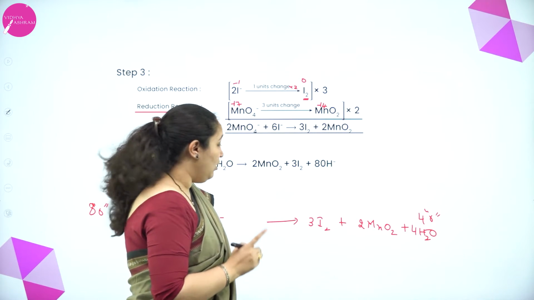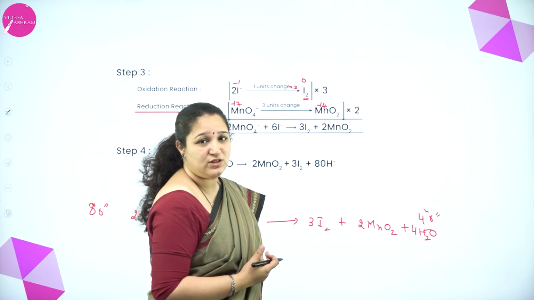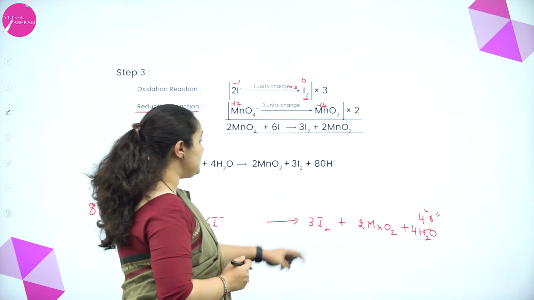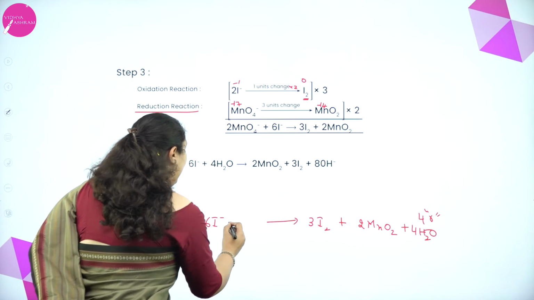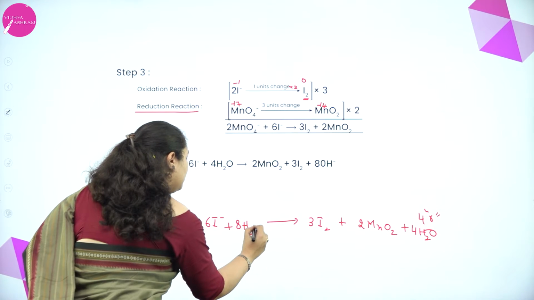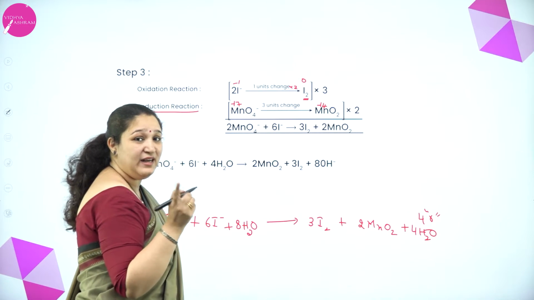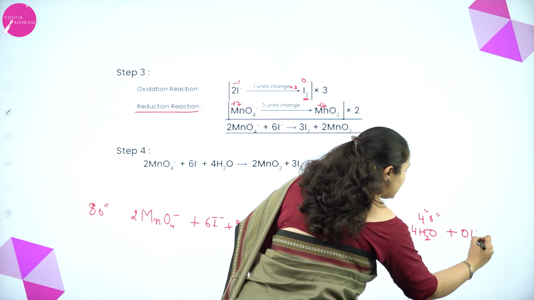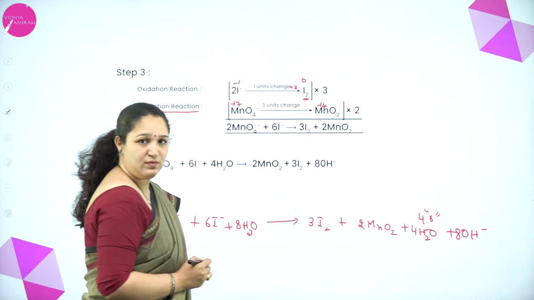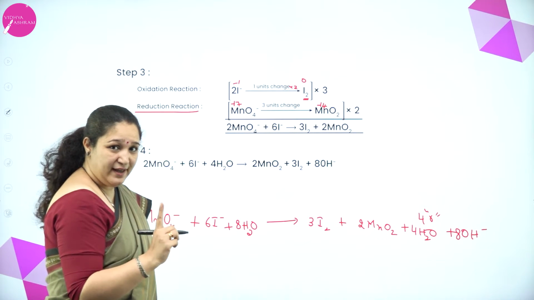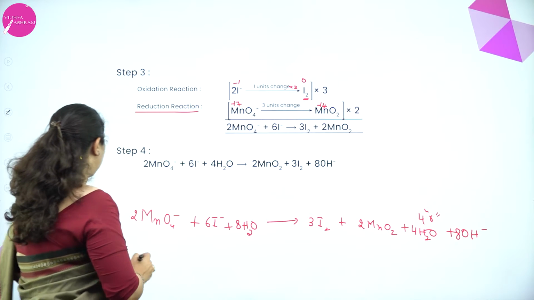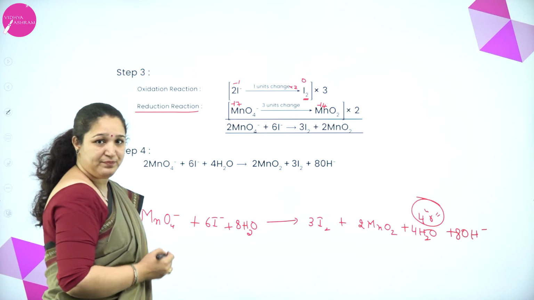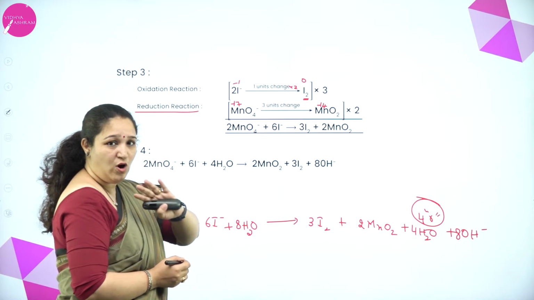Okay. Now, how many hydrogen atoms is it deficient? 4 2s are 8. Correct, no? So what we do is, we write 8 water only here, not H plus ion. I'll write 8 water here and the same number of OH minus ions on the other end. So first, listen carefully. First, I calculate the oxygen. Here 8 oxygen, here 4 oxygen was there. Okay. So there it was deficient of 4 oxygen atoms.